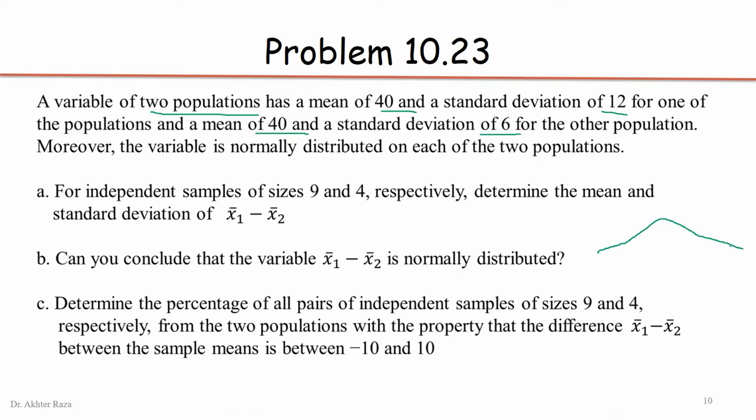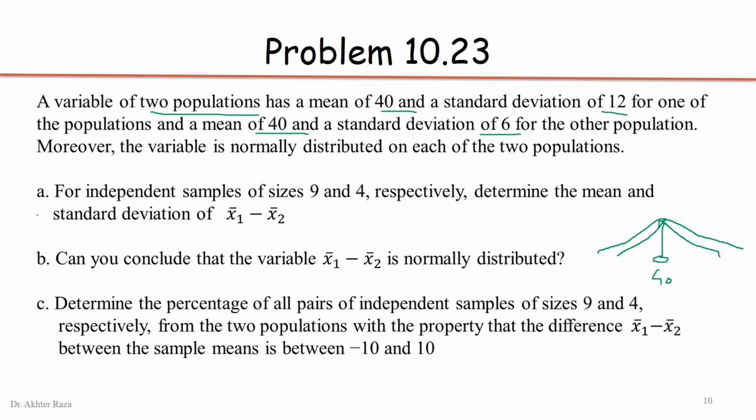If the population means are the same with different standard deviations, we can depict these two distributions like this. We have this and this. Standard deviations are changed. It has a higher standard deviation, it has a smaller standard deviation, but their means are 40. This number will be 40. The mean of both distributions will be the same, but the standard deviation represents the spread of the distribution. The one which has the 12 standard deviation has a wider shape, and the population which has a 6 standard deviation has a smaller shape.